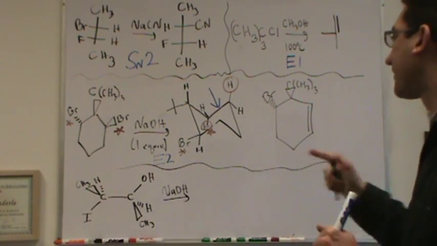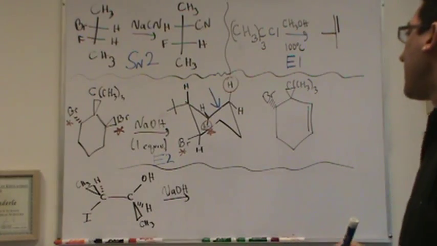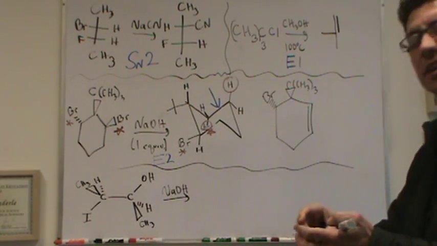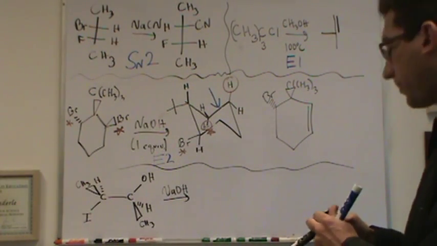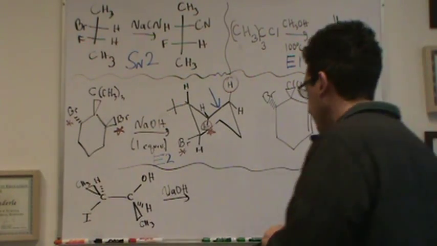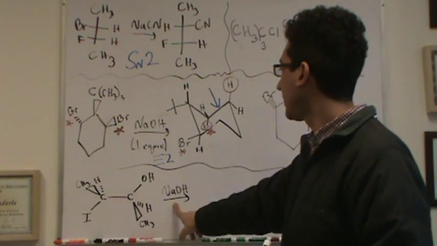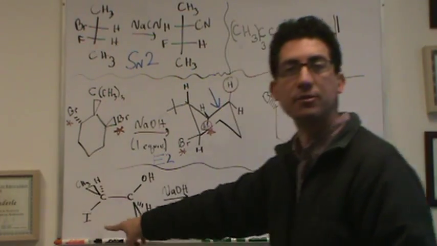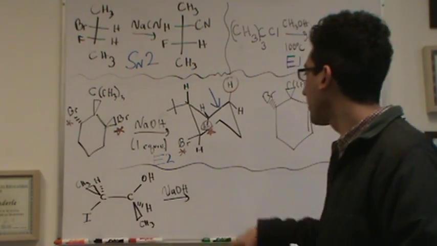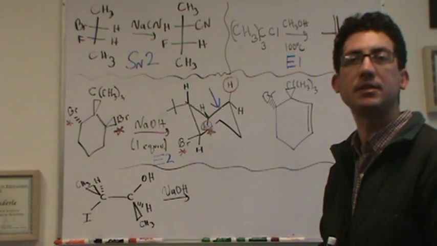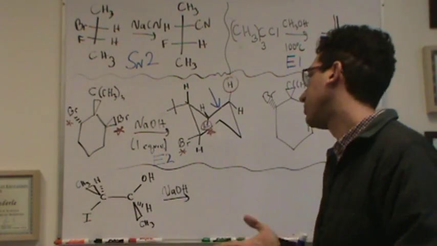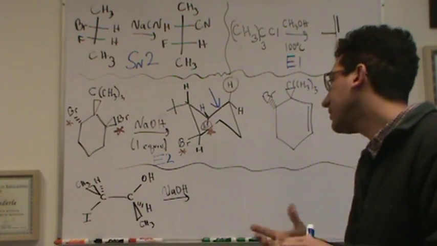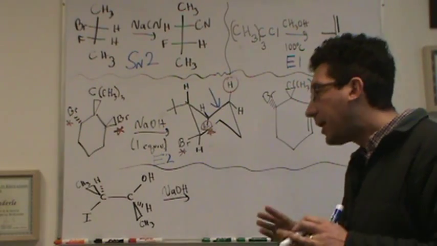Okay, now here we go. Let's do the last one. This one's kind of a tricky one. You see this kind of stuff pop up every once in a while on a OChem test. You're thinking, oh wow, I've got a good leaving group right there. This is a secondary, but this kind of favors the Sn2 because it's so small. It can slide in there, a little bit sterically hindered, but